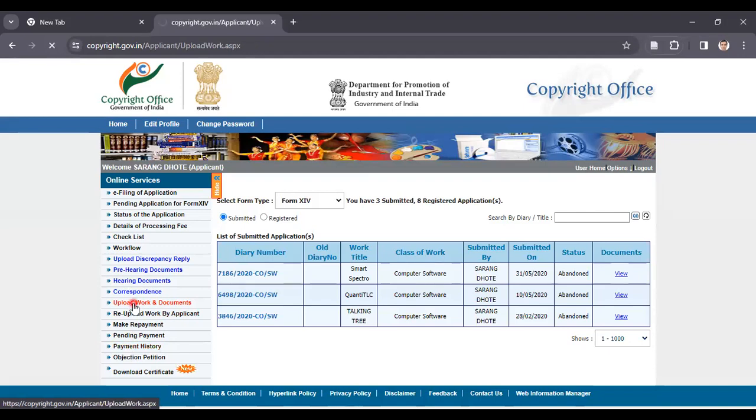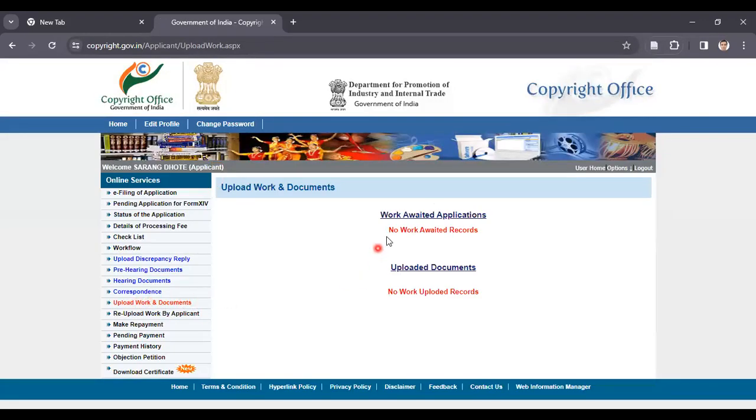ठीक है, अभी सबसे इंपॉर्टेंट, अगेन भूलना मत इसको, यहाँ पर देखो एक अपलोड वर्क करके है, अपलोड वर्क एंड डॉक्यूमेंट। यहाँ पर अभी देखो मेरा कुछ भी वर्क नहीं, बट जब आपका एक फॉर्म सबमिट हो जाएगा तो वहां पर एक ऑप्शन आता है अपलोड योर वर्क। तो जो भी आपकी पीडीएफ है ना, तो यहाँ पर क्लिक करना है, यहाँ पर एक टेबल आता है जहाँ पर लिखा रहता है अपलोड योर वर्क, अपलोड कर लेना। अपलोड करते ही आपका काम हो गया। आपको एनवलप बनाना है, एनवलप में वही सब डॉक्यूमेंट्स लगाने